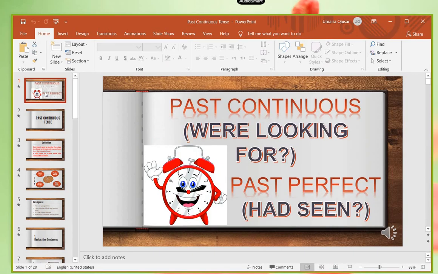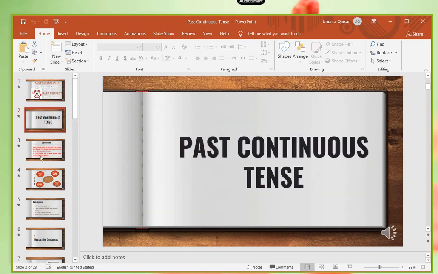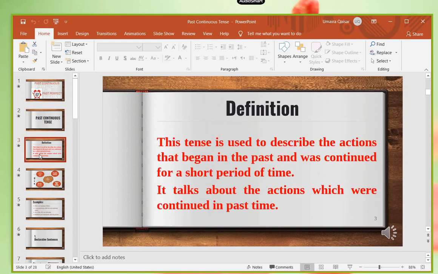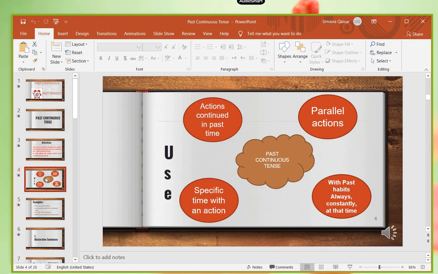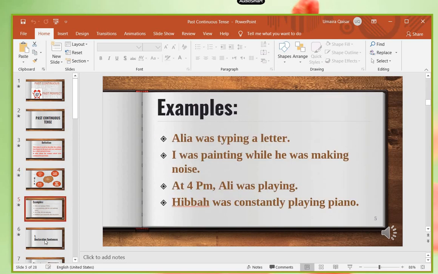I can see on my mobile that the screen is shared, and that is related to the grammar concept, for example, past continuous tense. So you will start delivering the lecture by explaining what is past continuous tense, the definition, the example, and when to use this tense. Then the structure and the example.